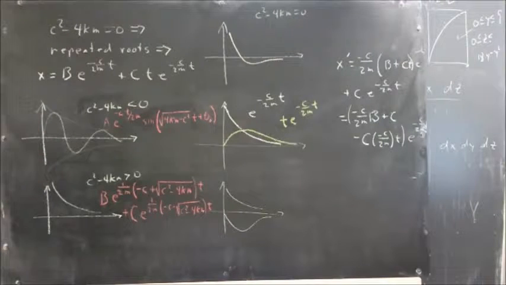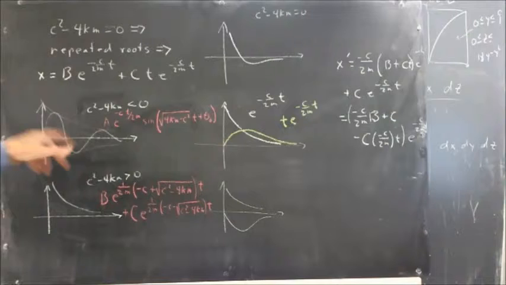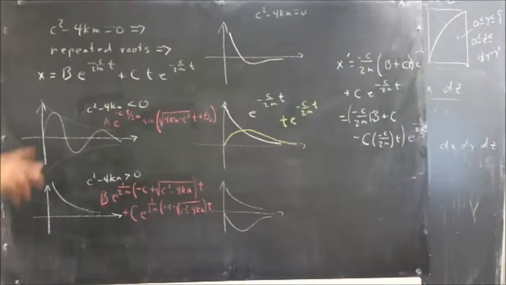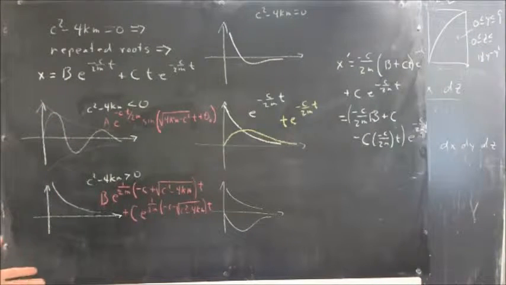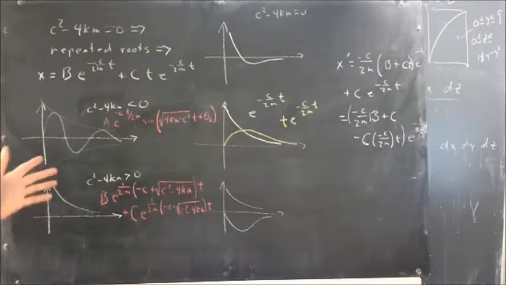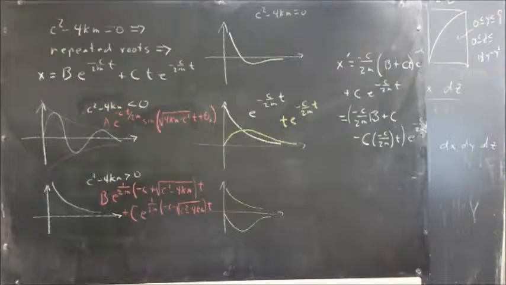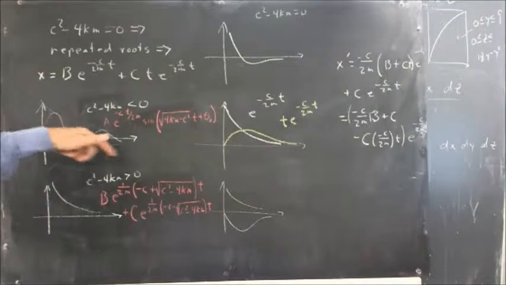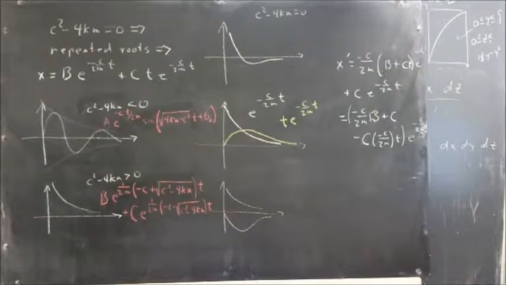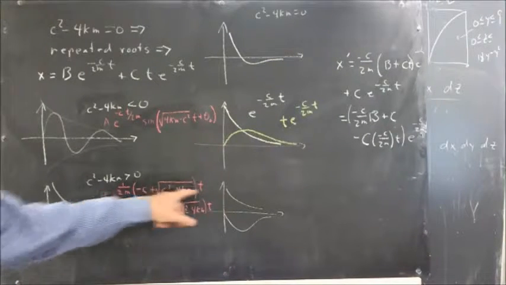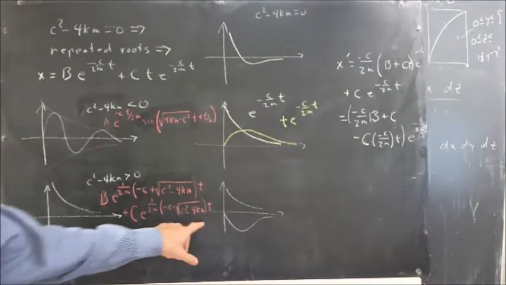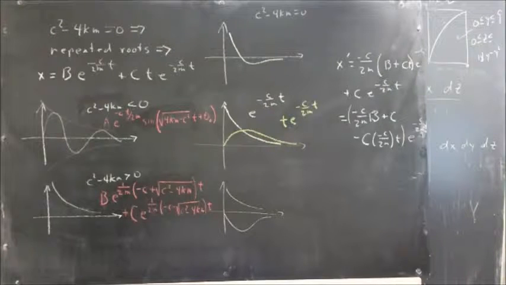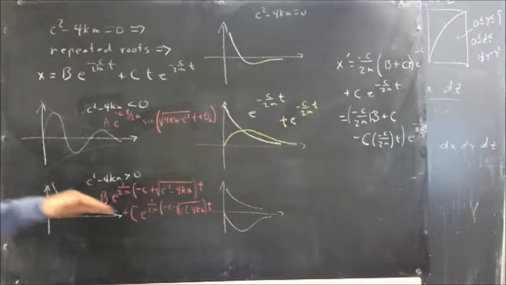There are a couple of finer points there that I'm just going to skip over. You can take derivatives, figure out where the actual maximum value of this function is going to occur. But down here, now, if we take the second case where c squared minus 4km is greater than 0, discriminant greater than 0, you get two real solutions. One with a slower exponential decay, another with a faster exponential decay, but both exponentials approaching 0